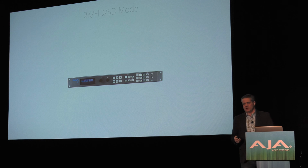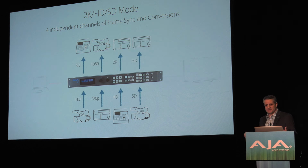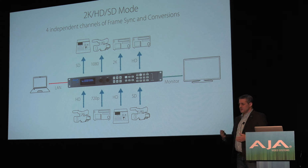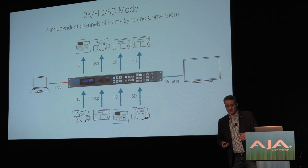So the 4-channel mode, the 2K mode, or the HD mode, it's pretty self-explanatory. So if you're familiar with our FS products, they're frame syncs. They do up-down cross from SD, HD, 2K. So you basically have 4 of those in this one RU box now. So you can bring in any resolution up to 2K and convert it and frame sync it, do all kinds